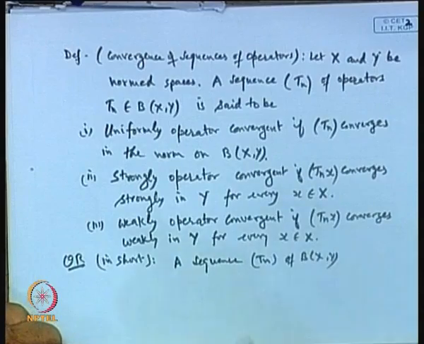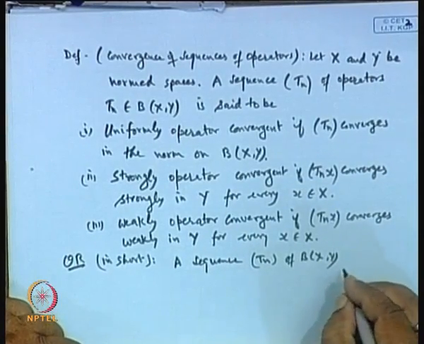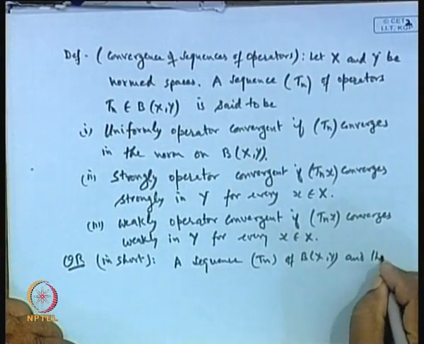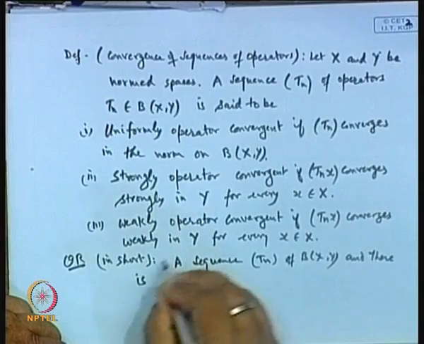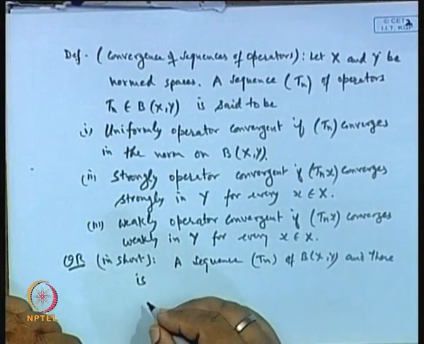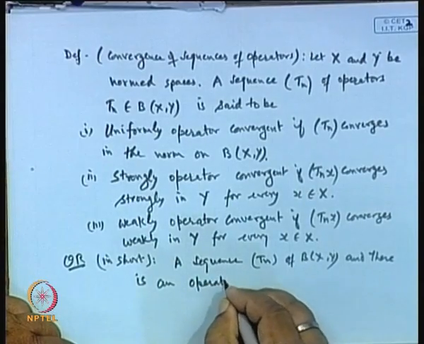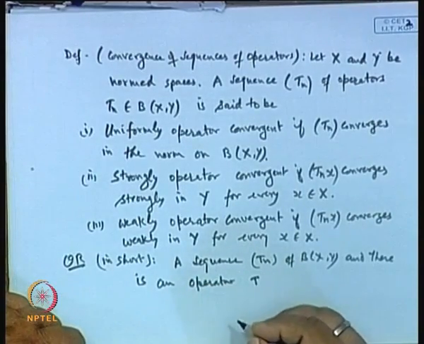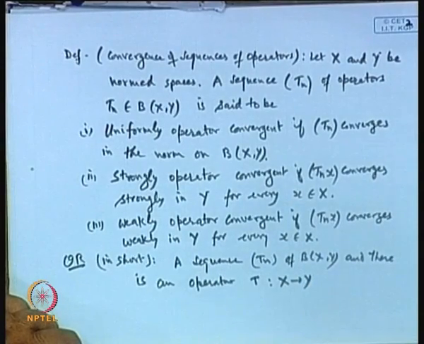A sequence T_n belongs to B(X, Y), and there is an operator T from X to Y such that